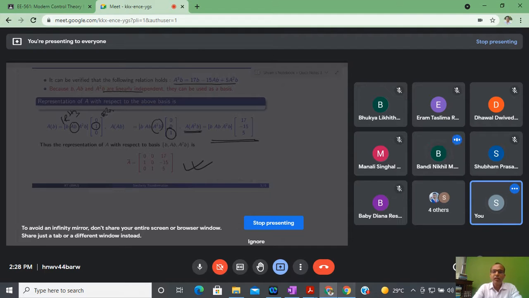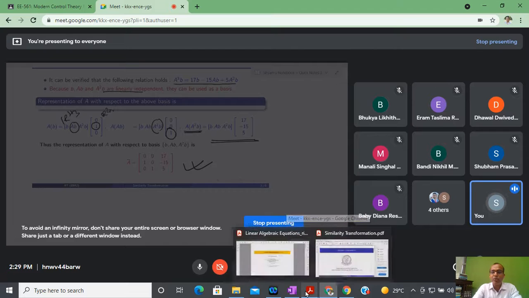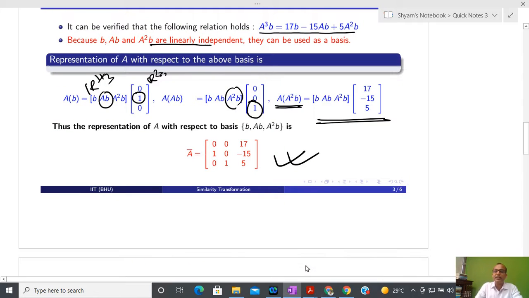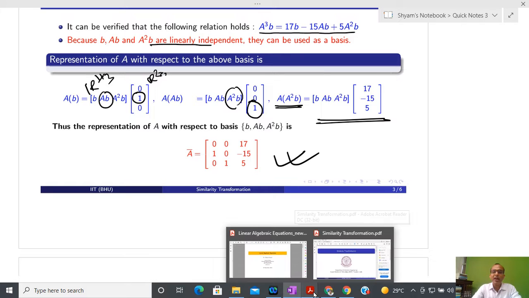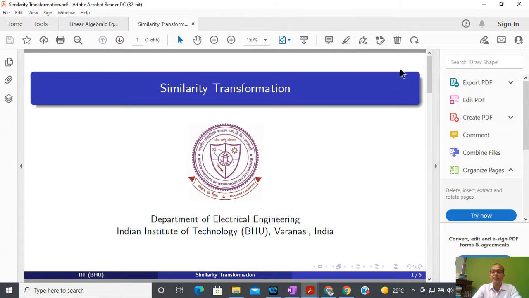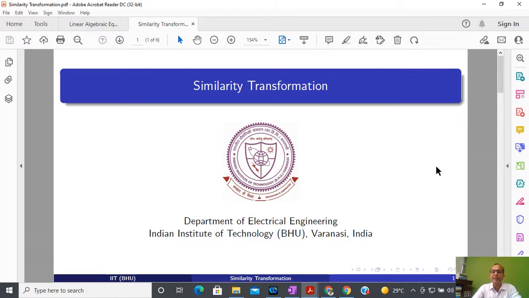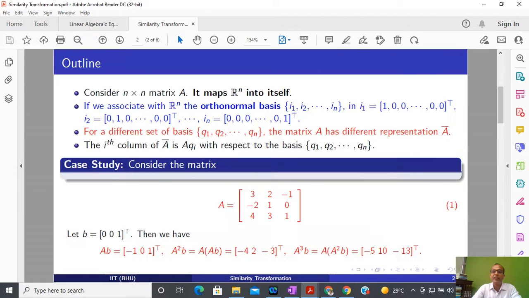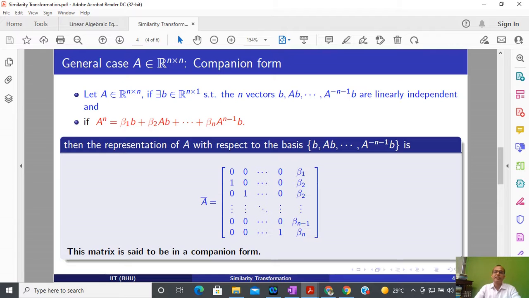Yes. So another more important thing: if we know that the answer is yes, then how do we find or establish the relationship? Once I establish the relationship, you are going to see that you have used this kind of relationship several times whenever you are dealing with modern control engineering.